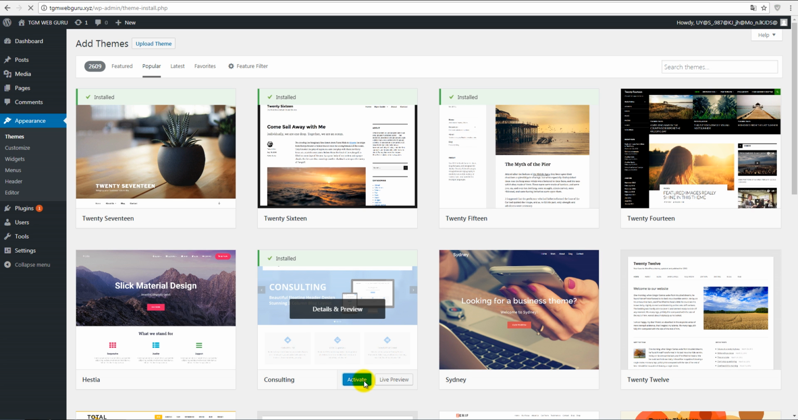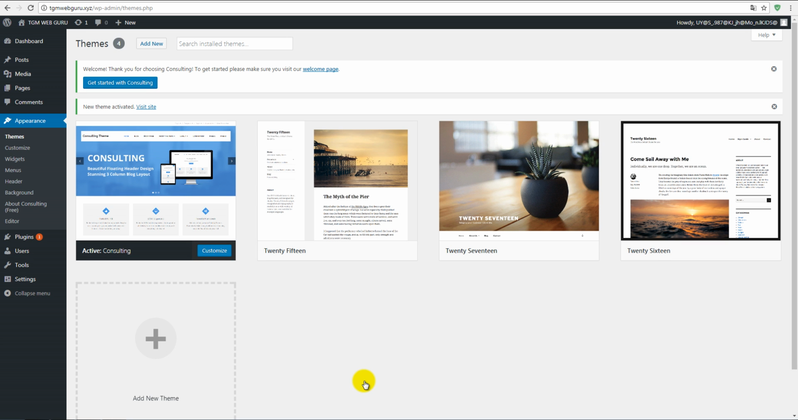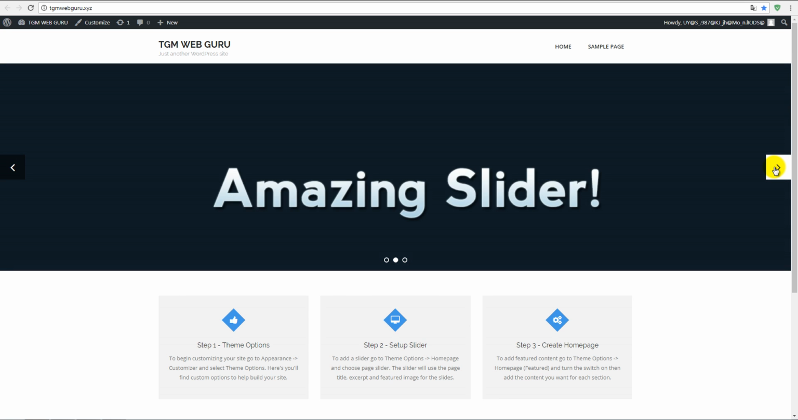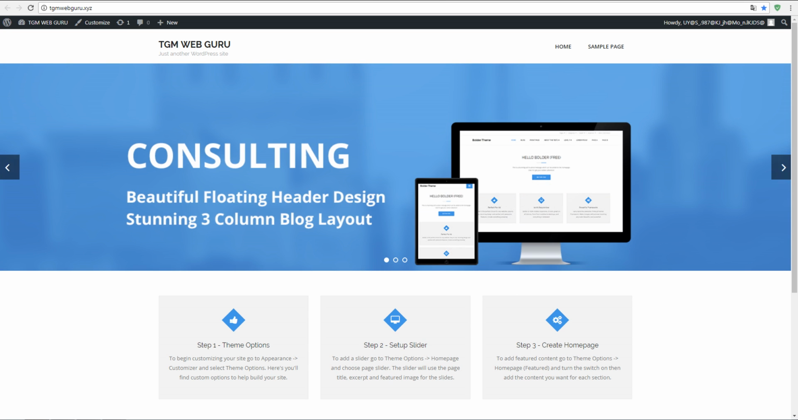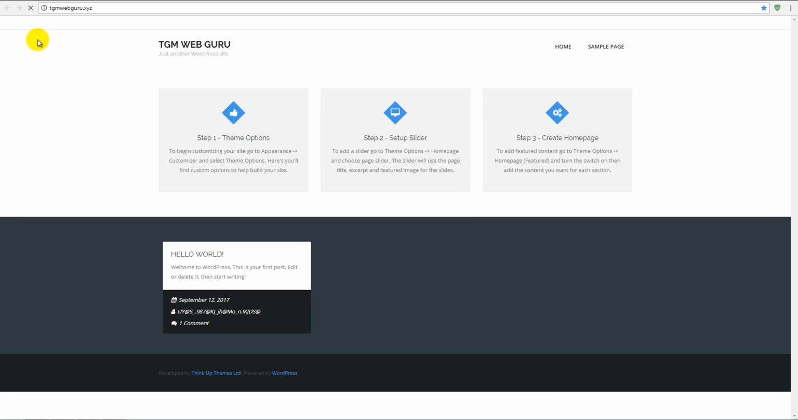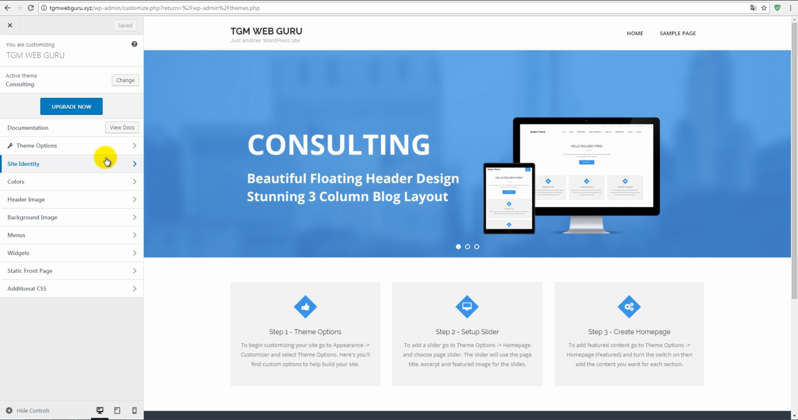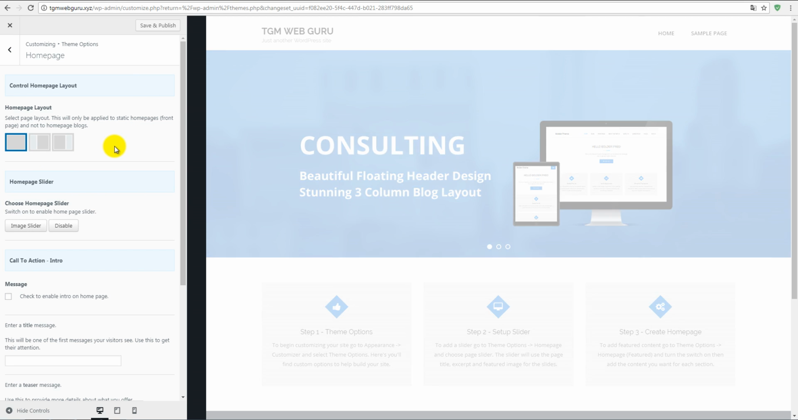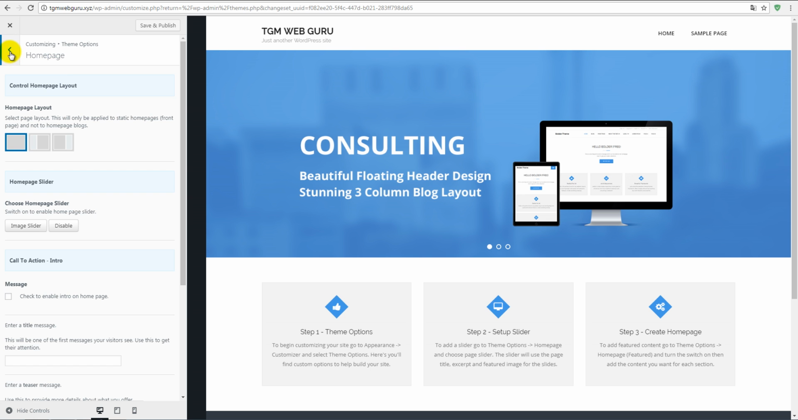Okay, we've got it in our dashboard, so let's check it. How does it look? So far it looks like this. Already not bad. It will be much better. Go to appearance, customize theme, theme options, home page layout, home page featured,